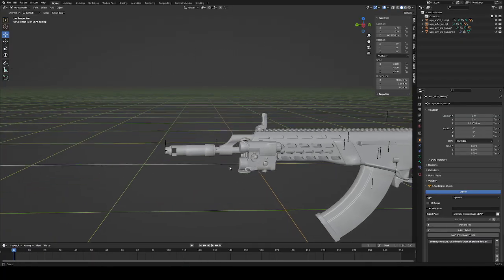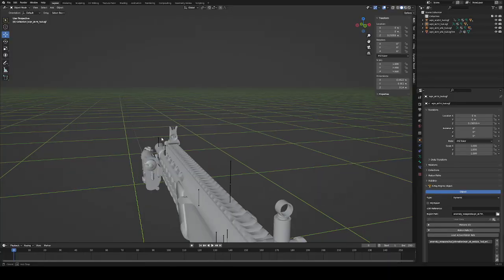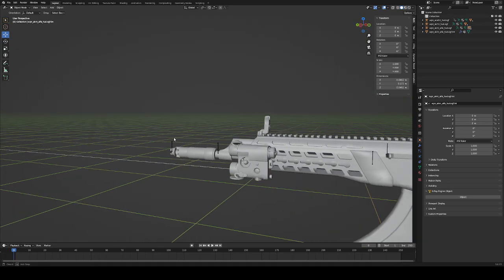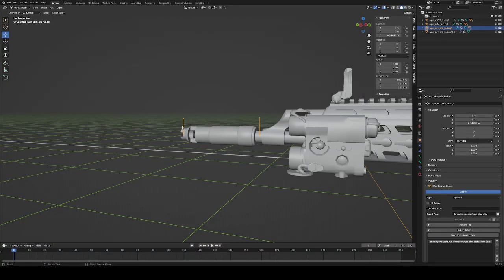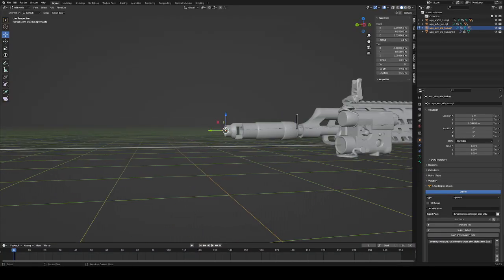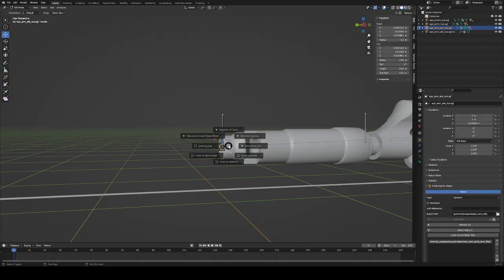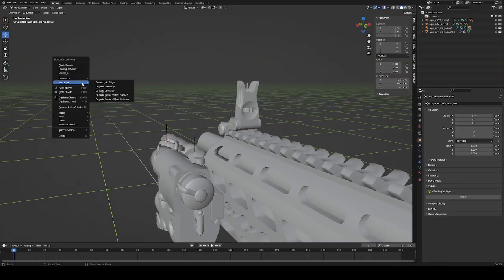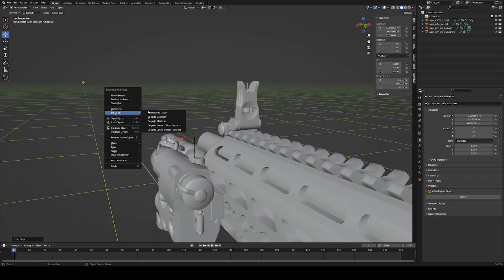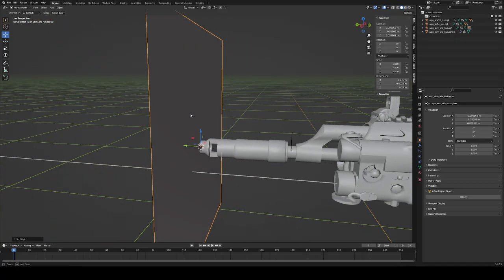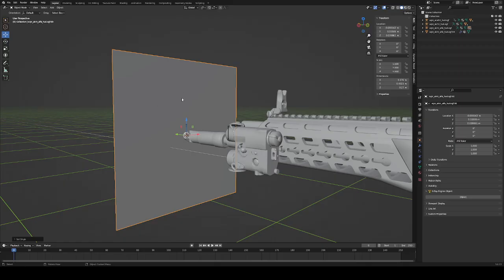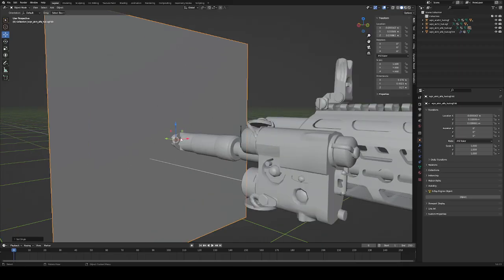And then one last thing as well, when doing a laser, you want your laser point to be aligned with your muzzle bone. So doing that is real easy. After you've fixed your muzzle point, you select the tail of the muzzle bone, do cursor to selected again, and then select your dot, set your origin to the 3D cursor, and then hit geometry to origin. That's going to move your laser point, in this case this plane here, to exactly aligned with your